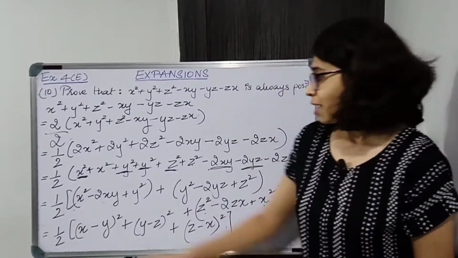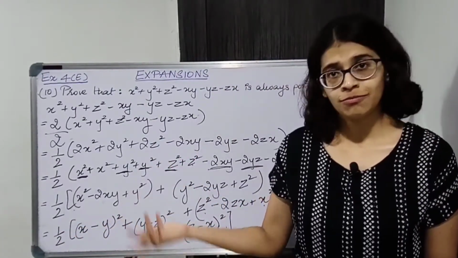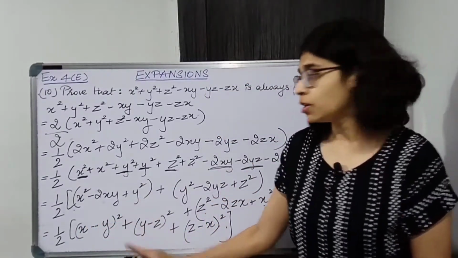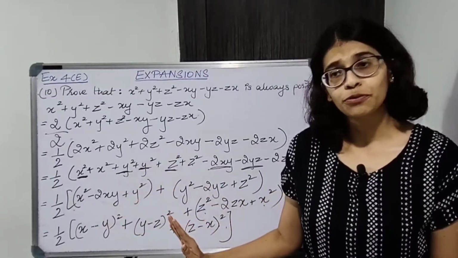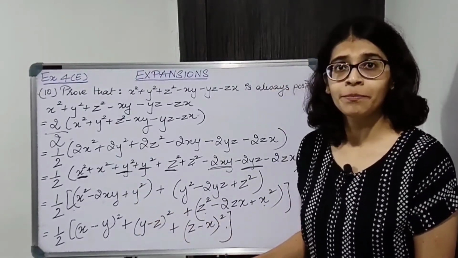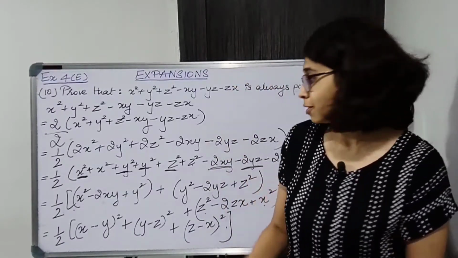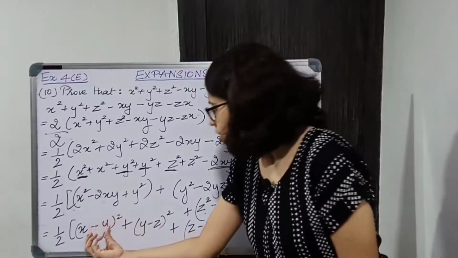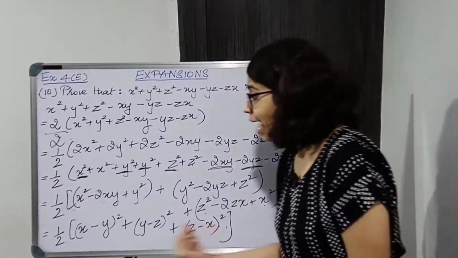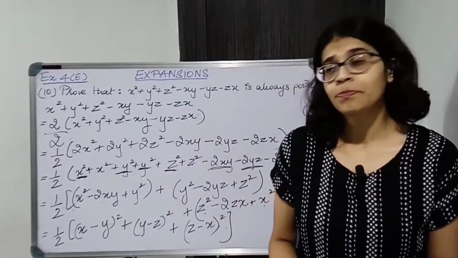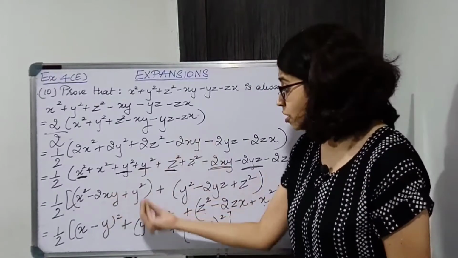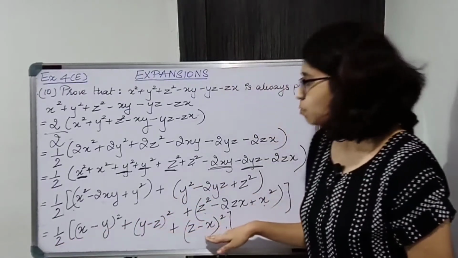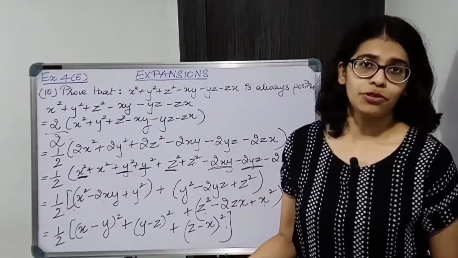Now half we know is positive, 1 upon 2 is positive. X minus y, whatever may be the value, once you square it, it will become positive. Same thing over here, squared. Square of a negative number is also positive. So there are squares over here and there are plus signs in between. So this is positive, this is positive, this is positive, and when we are adding positive numbers, it will give a positive number. Into half, that is also positive. So each and every term over here will be positive. Therefore we can say this is positive, therefore this is positive.